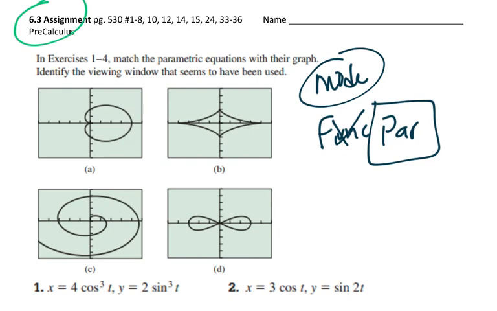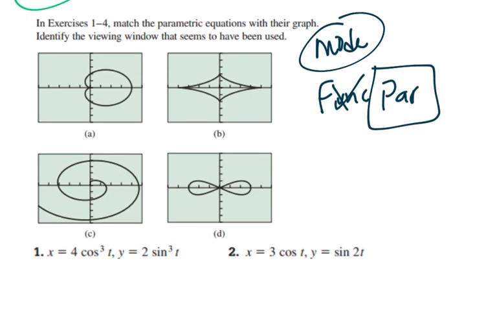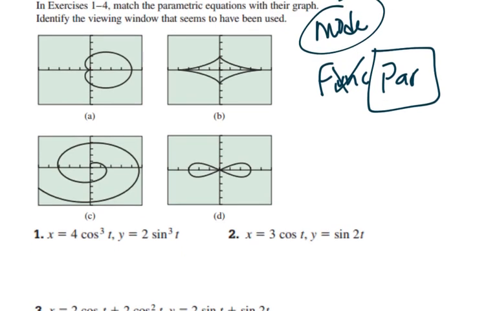Okay. So once you're in parametric mode, then what they want you to do is match the equations with their graph and identify the viewing window that seems to be used in here. So basically they're saying, is each of these tick marks used as 1, or does it go by 2s or 10s or something? So I'm going to go to y equals first, and I'm going to type in 4 cosine